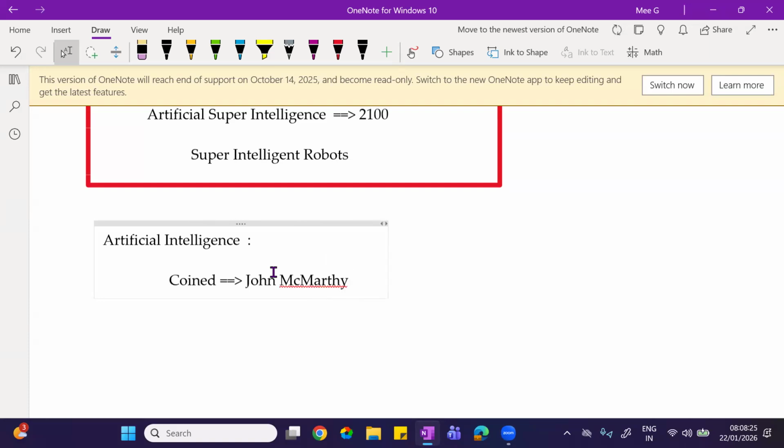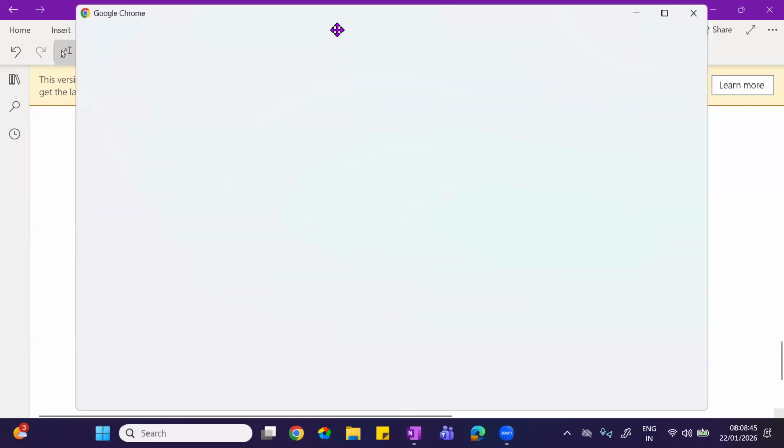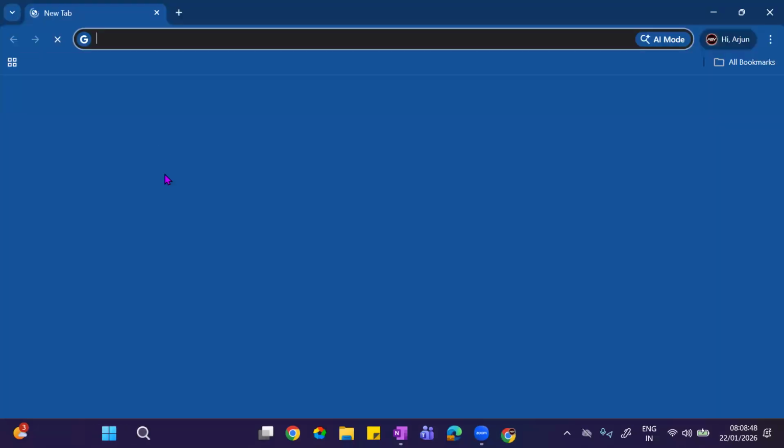I've made a spelling mistake, this is McCarthy. Now this gentleman is no more. He looks like this. I'm just connecting you so that you can understand.